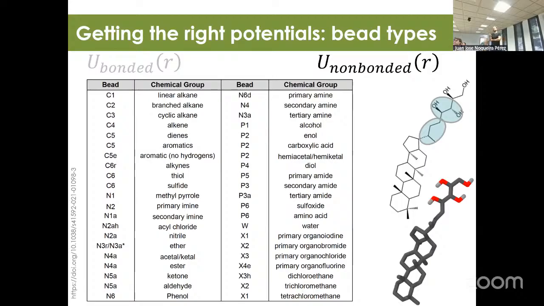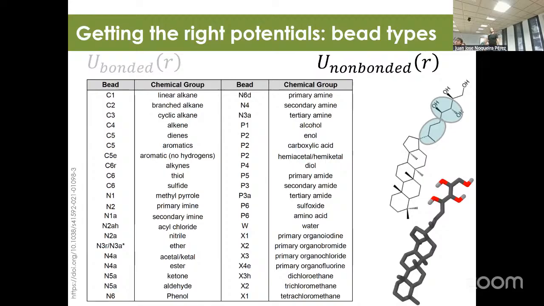Or, more exactly, each particle type in conjunction with another type is related to a potential, meaning when this particle meets this particle there, this is going to be one type, the other one is going to be another type, and there is a table that lists all these pairs of interactions,